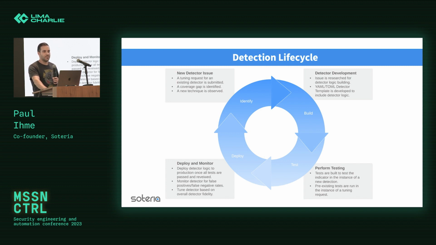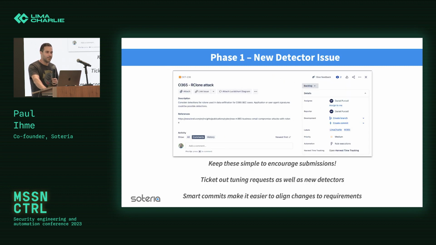And sometimes those will lead to new ideas, right? So a lot of times we'll get an alert, and as our team's investigating it, there's another technique that's used in concert with that same intrusion vector. And we say, hey, this threw one alert in this attack chain, but this could have thrown 2 or 3 or 4, right? So we can feed right back into that cycle. Or tuning requests, or people just deciding this rule sucks and we're tired of seeing these alerts all the time, let's turn it off and get rid of it, right?